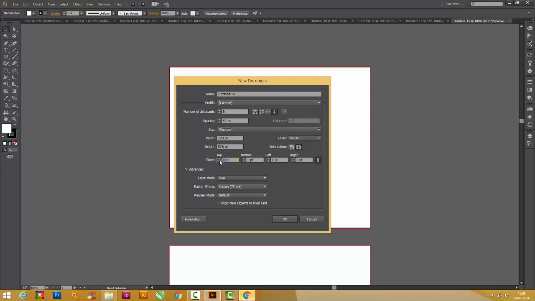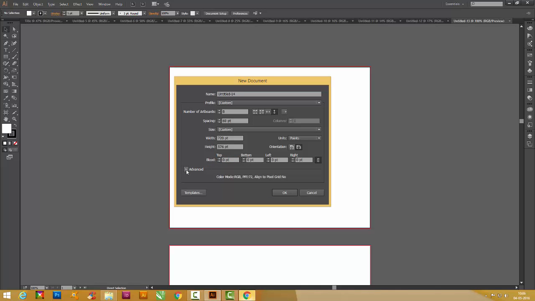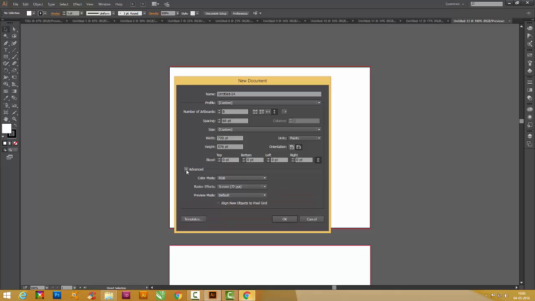And then here you have the advanced settings. Generally advanced settings will be closed like this. To open it, you have to click on this arrow, and then the advanced settings open up. And here you have something called color mode. You have 2 color modes in Illustrator. They are CMYK and RGB. CMYK color mode is generally used for printing purposes, and RGB color mode is used for mobile, TV and film, and for web designing purposes. That is, anything for the screen resolution.